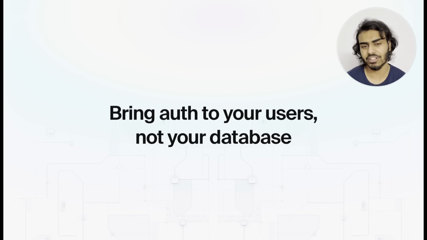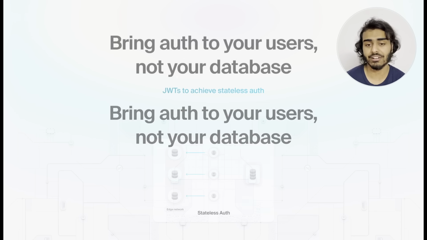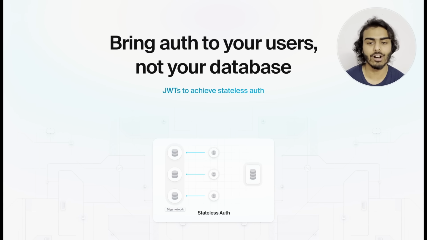There's a couple ways to achieve that. JSON Web Tokens are a fantastic solution to achieve stateless auth, because once they are verified, we don't need to make a trip to the database to check for an active session. However, many JWT auth implementations swing too far the other way and completely lose the ability to keep track of sessions on the server. And we need those to be able to revoke an active session, or to grant elevated permissions, or simply to keep track of what devices are currently logged in.